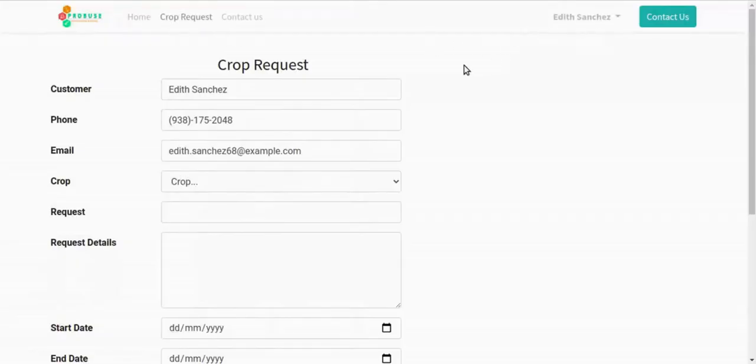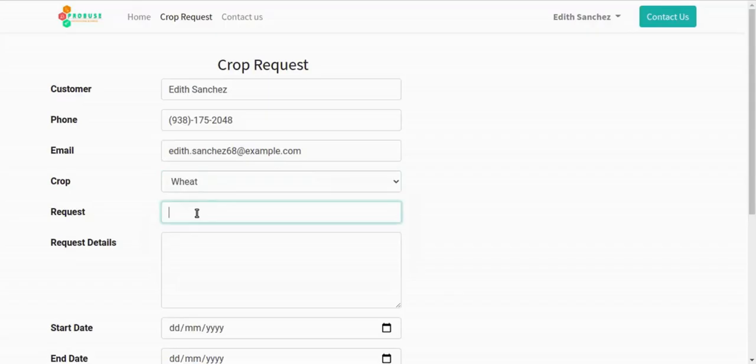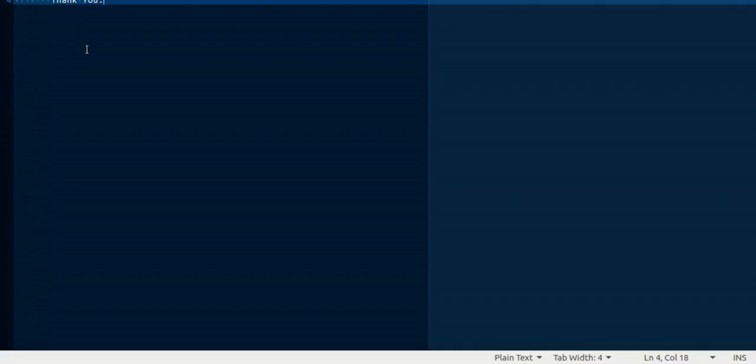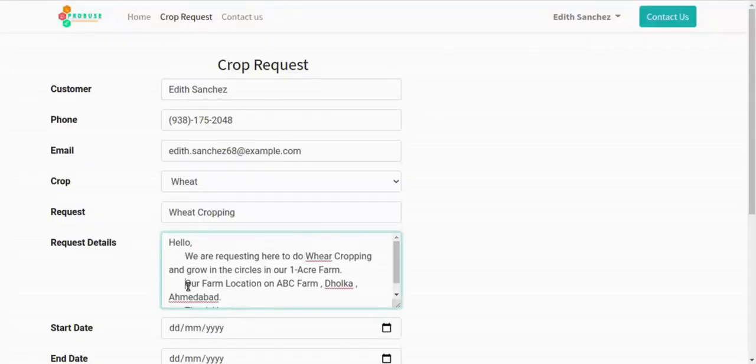So now our another workflow with crop request from website. So here we can log in with the customer and here we can see customer its details. Here we can select crops. Here we can select crop wheat with adding cropping request with its request details,